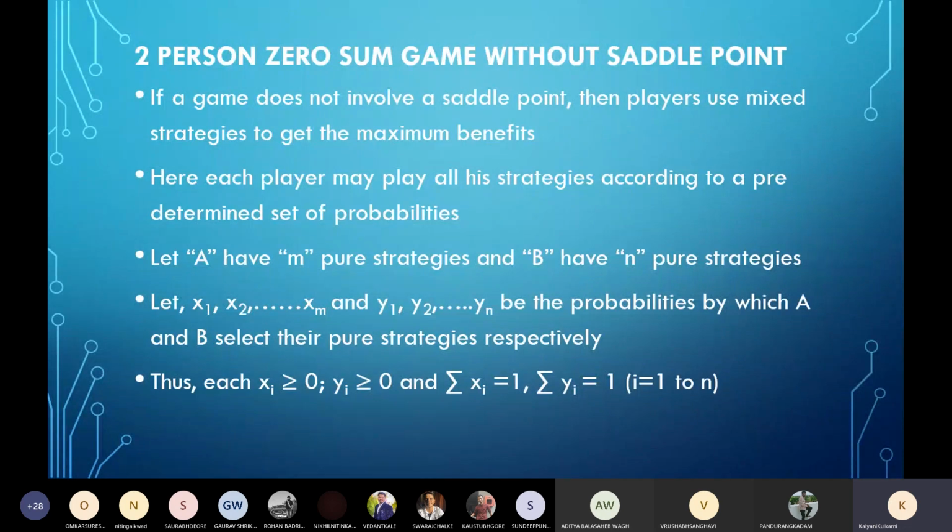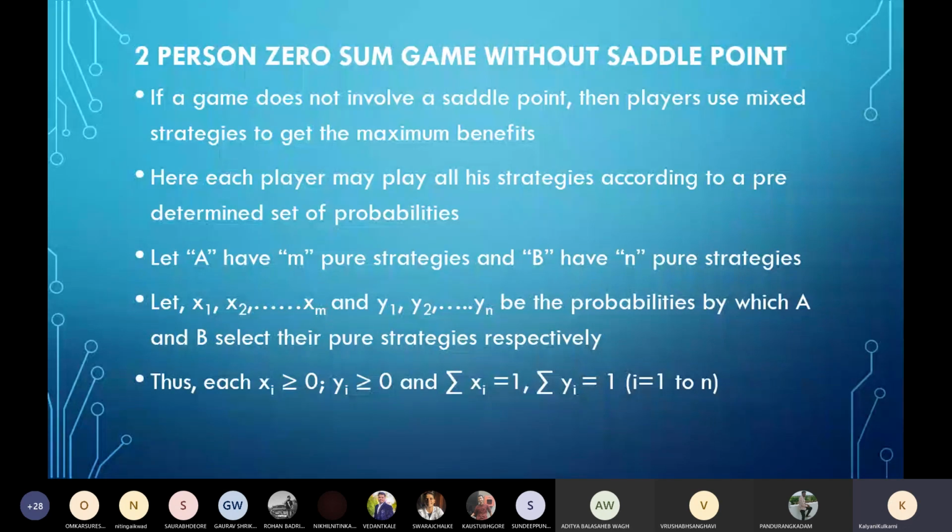Negative values are not in scope here. So whatever strategies they play are taken as positive in magnitude. Negative values you will see in examples, and what those signify I'll tell you once we see those examples. But currently the basic assumption that we have for mixed strategies is that both the players are going to play their moves with positive probabilities or zero probabilities. When negative values come and where, I will explain what it signifies.